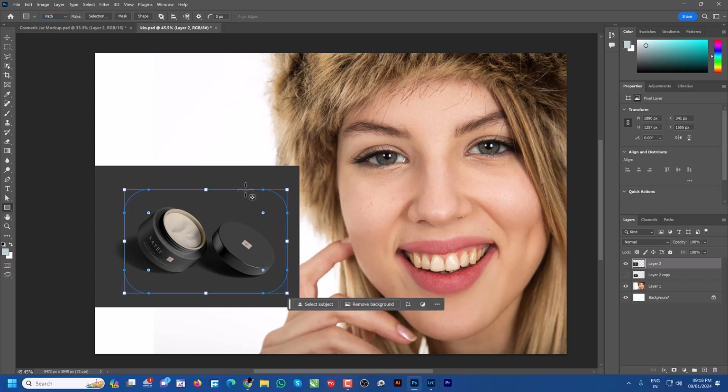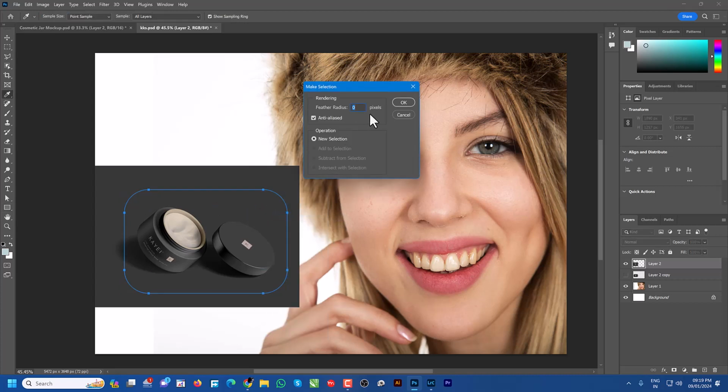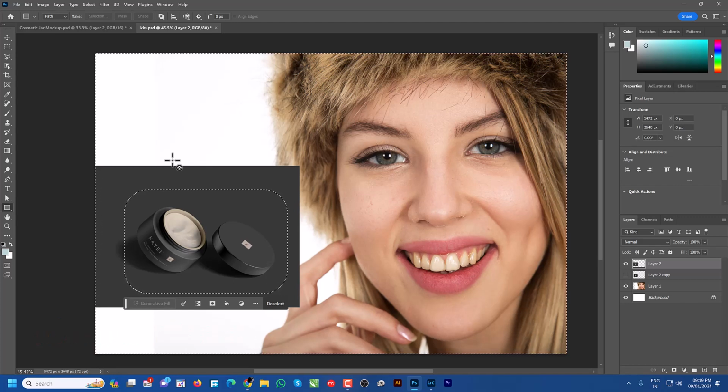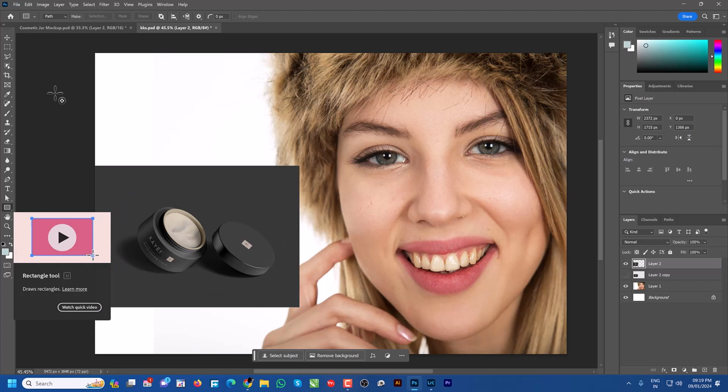And next, right click, make selection, OK. Convert the selection by pressing Ctrl Shift I and then press delete. And we can get this type of shape, which is rounded. All the corners are rounded. This is one way. The other way is with the same tool, but